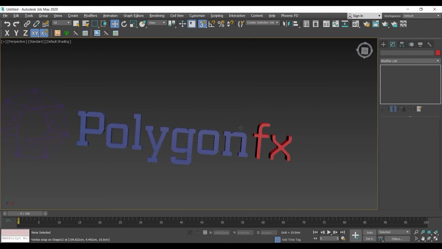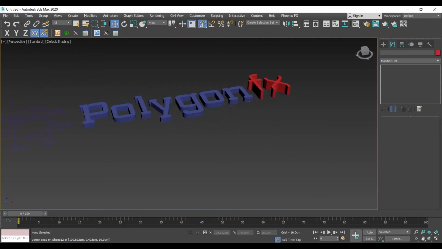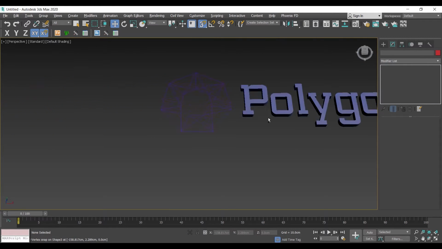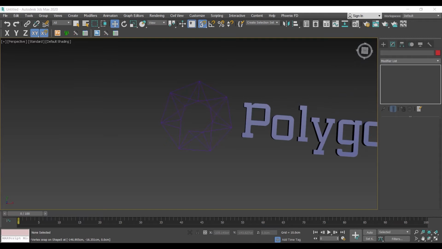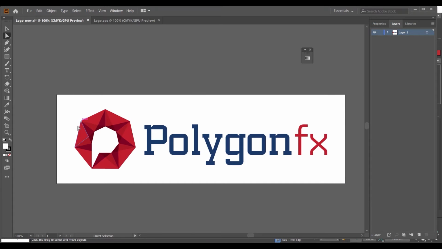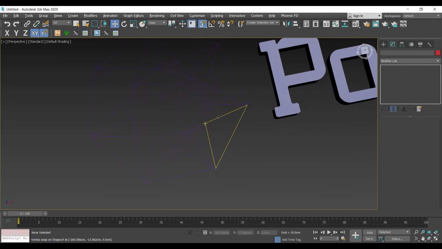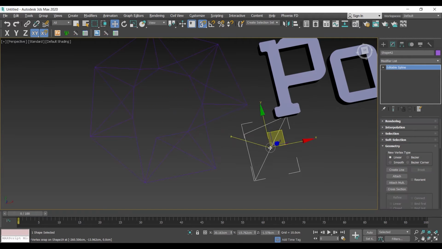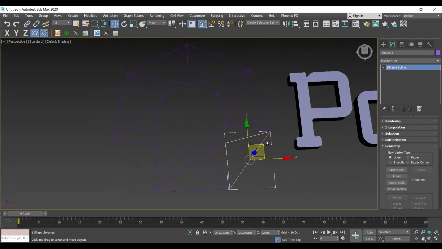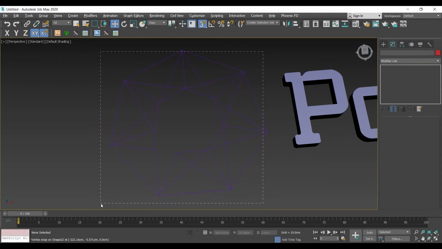So to have this kind of depth, or maybe the opposite, have this more and less. In here, as you can see, I have different types of rectangles. I have 4 different colors, and I'm going to make them some kind of 3D. But it's fine. I can just select them in here. If they are well created in After Effects and Illustrator, all I need to do is just select them all,